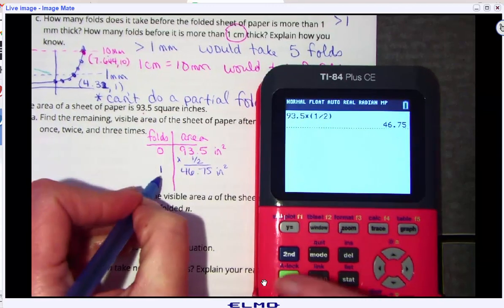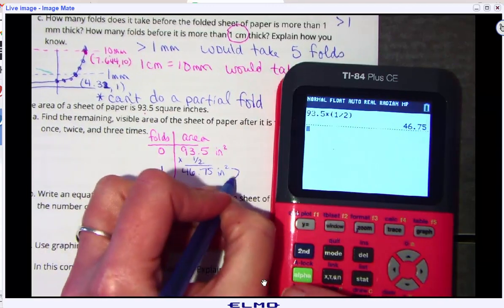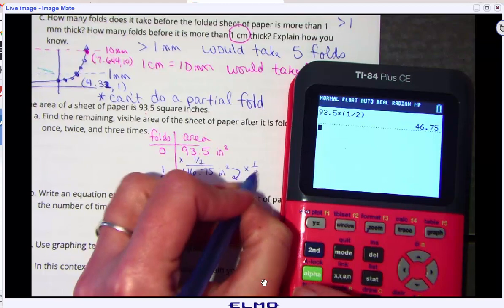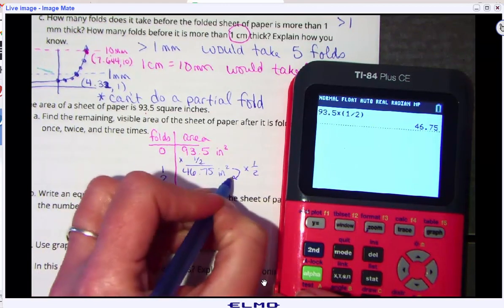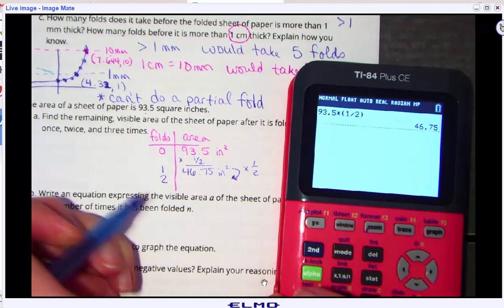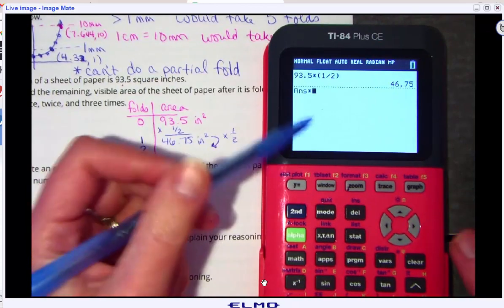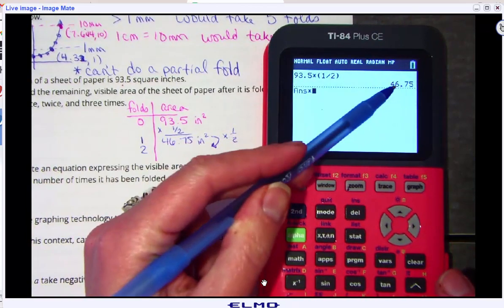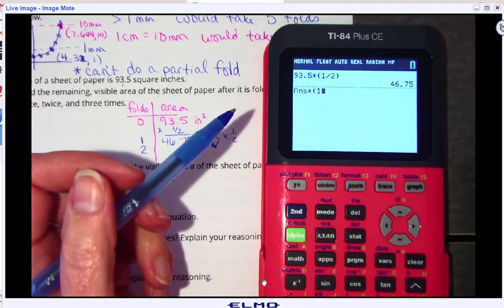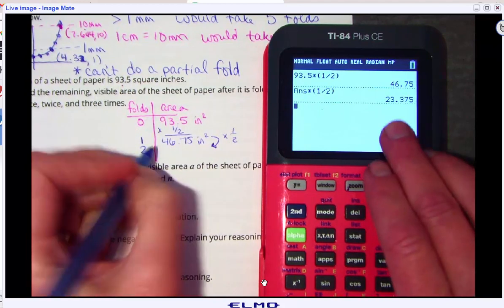Now after another fold, it's going to take that amount and cut it in half. So I'm going to times it by 1/2 again, and that's going to help me find my next value. So again, I'm going to take my answer and hit the times button, because that'll take this answer and multiply it by 1/2. And we get